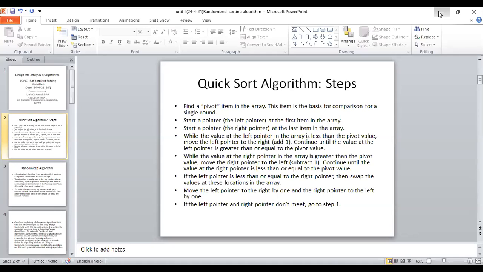Every call to the randomizer takes a certain amount of time. If there are only very few elements to sort, the time taken by the randomizer may be comparable to the rest of the computation. So invoke the randomizer only if q minus p is greater than 5. Five is not a magic number for the machine employed, so we can take any number. This seems to give the best results.